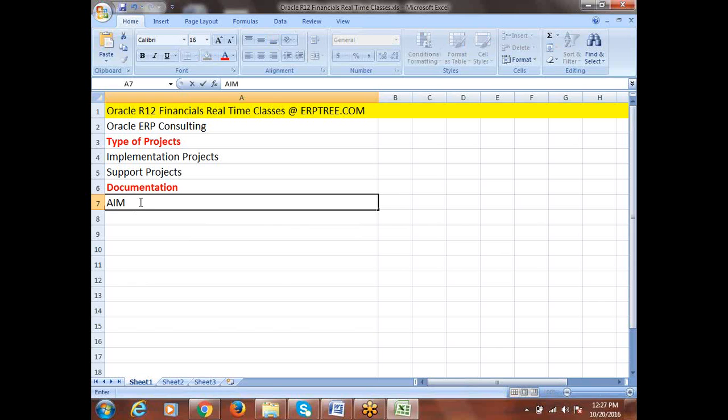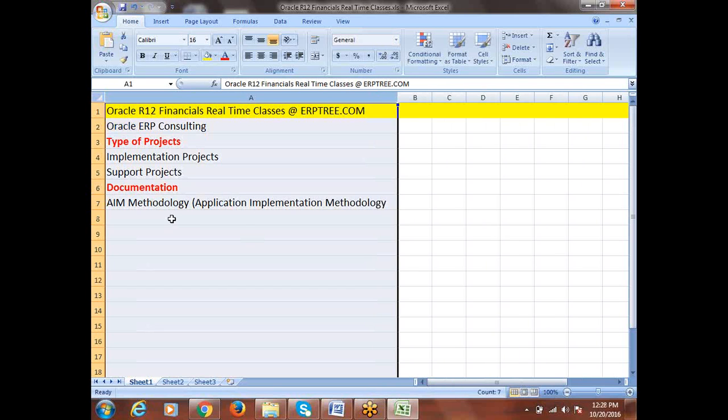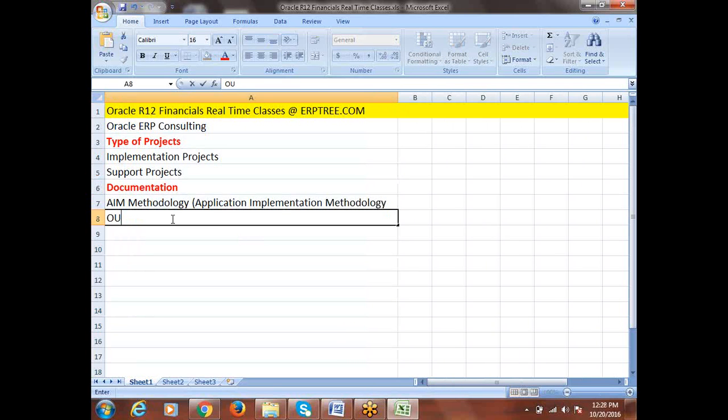One is the AIM methodology. AIM stands for Application Implementation Methodology. The other one is the OUM methodology.